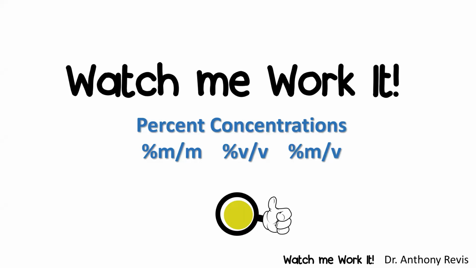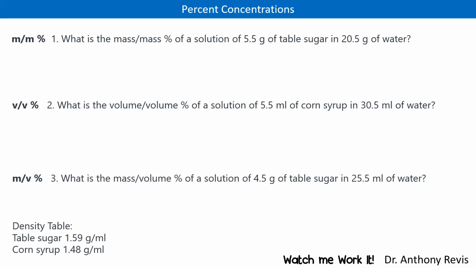Percent concentrations: percent mass, percent volume, percent mass volume. Let's start by showing you an example of all three. First, mass percent. What is the mass percent of a solution of 5.5 grams of table sugar in 20.5 grams